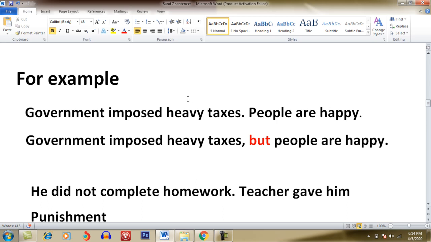If I want to combine these two sentences, I'll have to put a coordinating conjunction here, like: government imposed heavy taxes, but people are happy. So now I have combined two simple sentences, and this sentence became a compound sentence. I have put here the conjunction but. Another example,